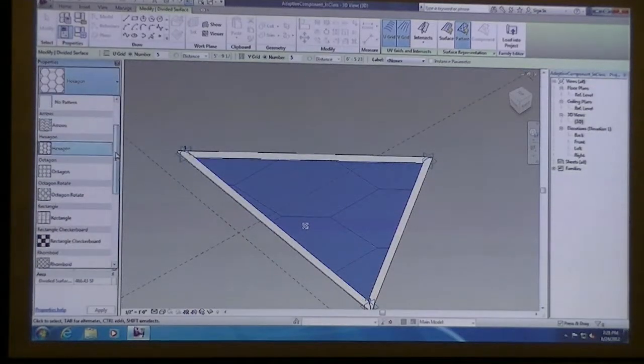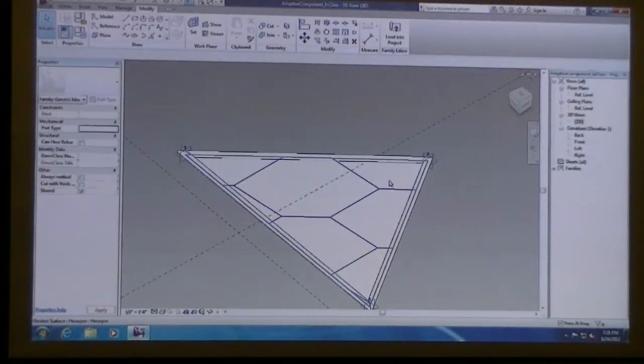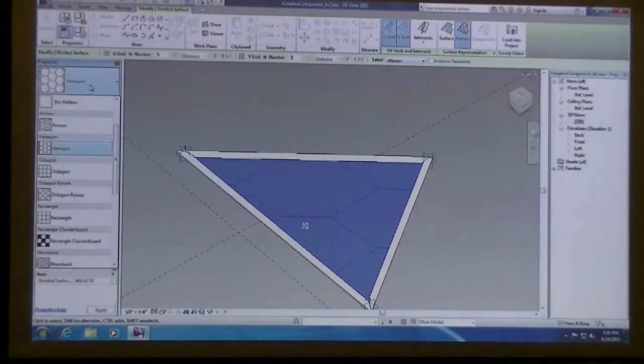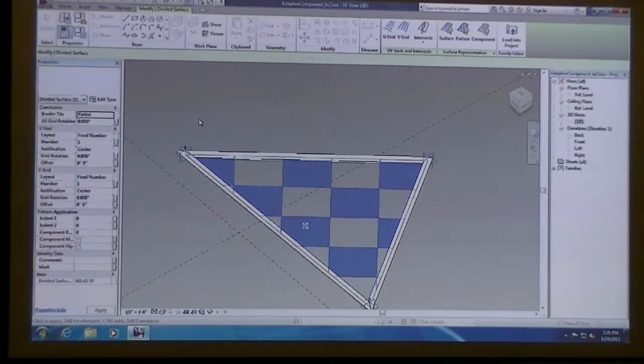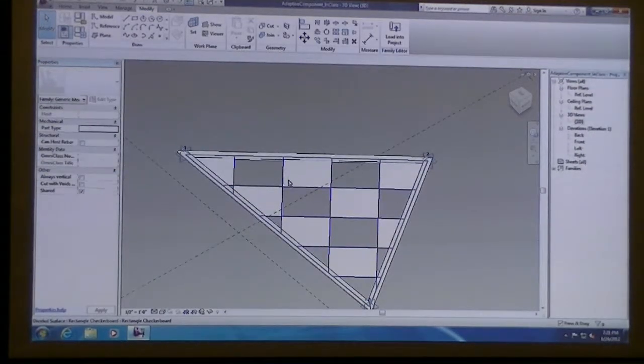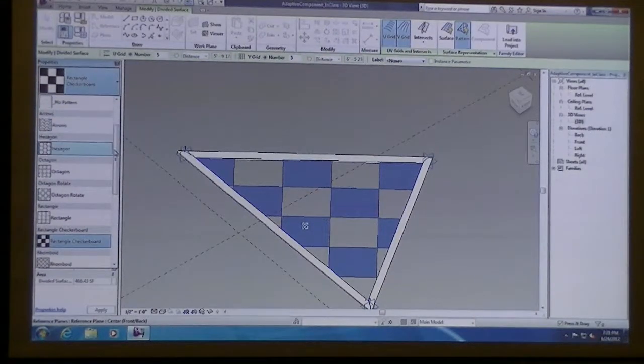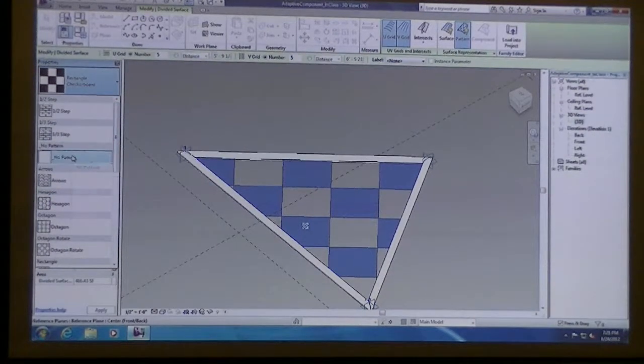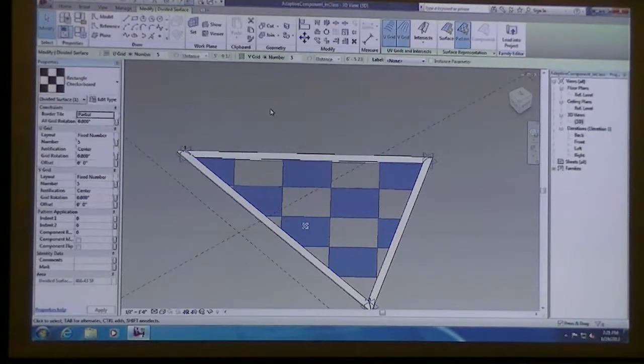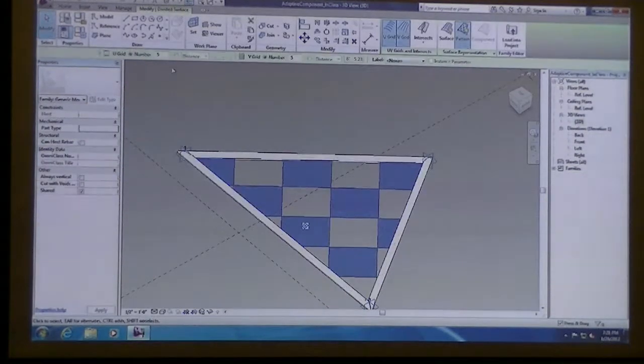But if you say no pattern, basically what it's doing is creating a solid surface, and it's further dividing up your surface element into hexagons and checkerboard patterns and all kinds of things like that. So I'll select this checkerboard.